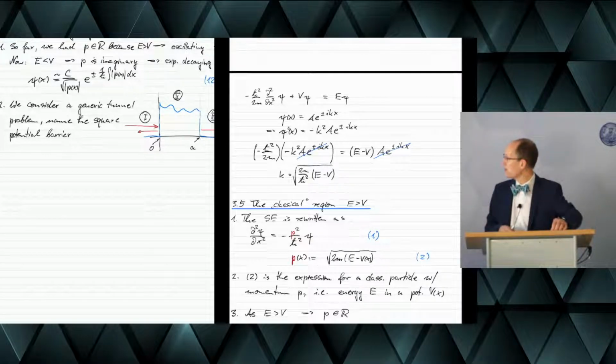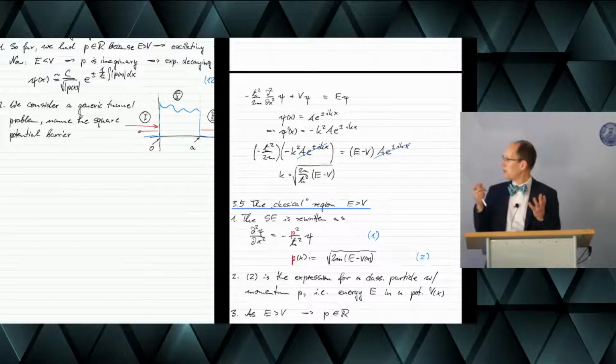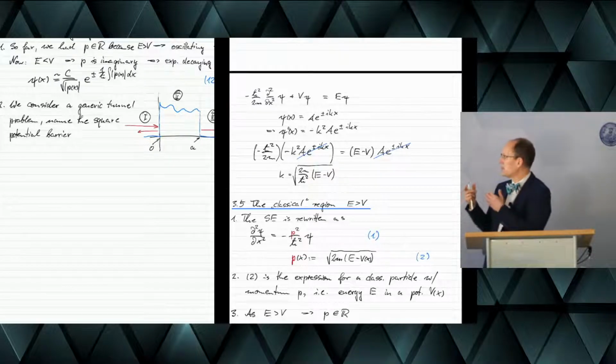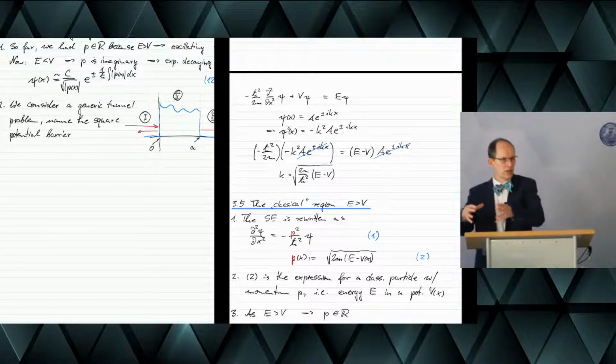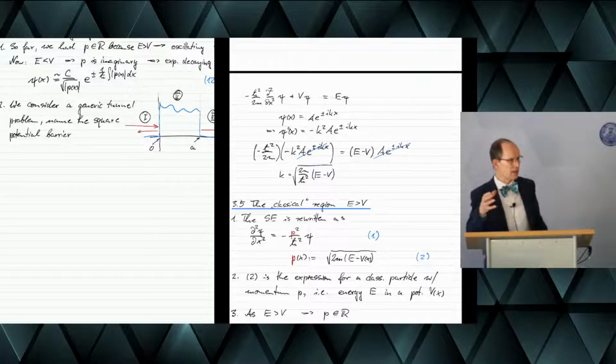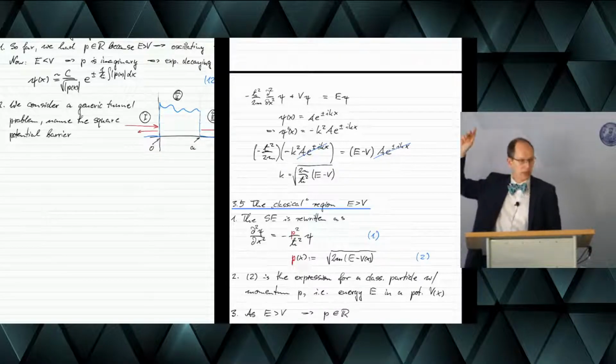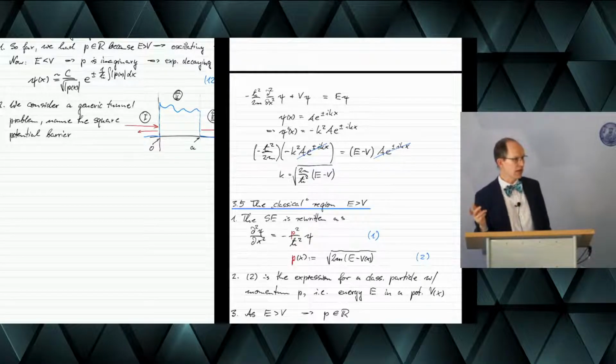So for a given energy, you can look at this problem, at a matter wave in a potential. You can make an analogy to a photon and a refractive index. So you can directly translate this into a refractive index.